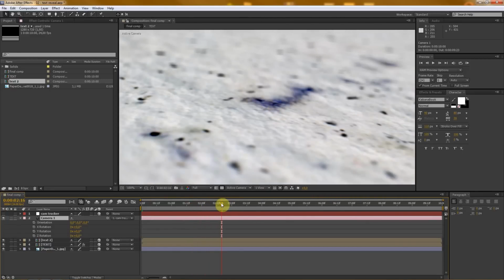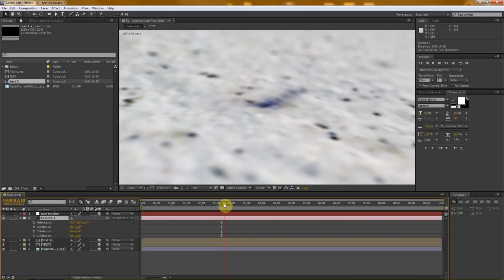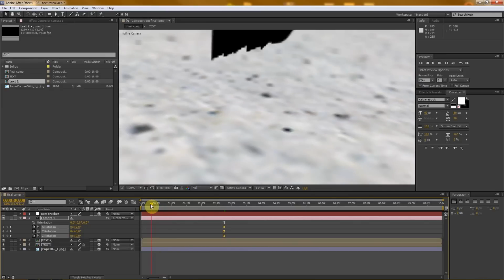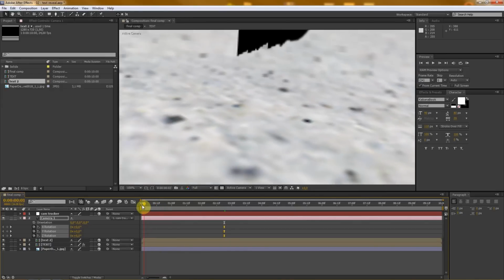Let's say this time, and set all these parameters and set the keyframe and make it F9, so easy ease, and go back to the beginning,